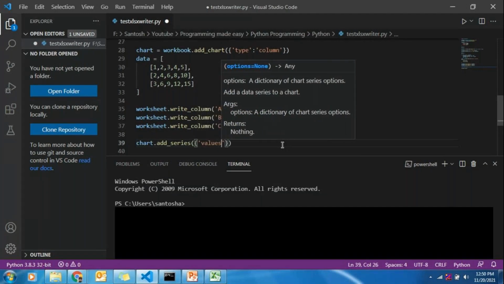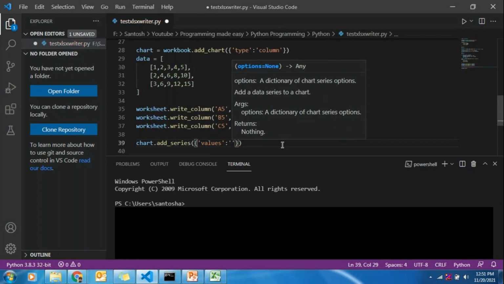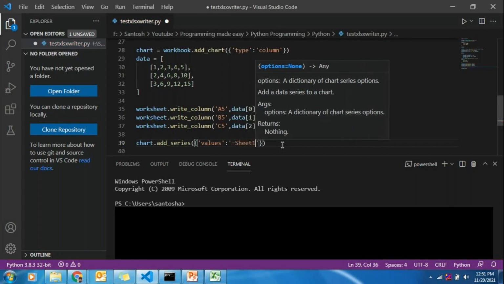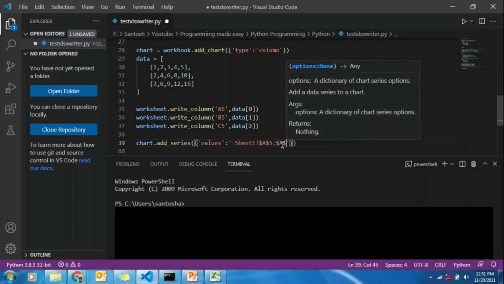So the property is values, and the value is, this will start equal to my sheet name, Sheet1, exclamation symbol, then my cell value, that is dollar, range of your cells, A dollar 5, because we started writing the data in A5, colon, dollar A dollar 9, because I have 5 values, so it starts with A5, then A6, A7, A8, A9.